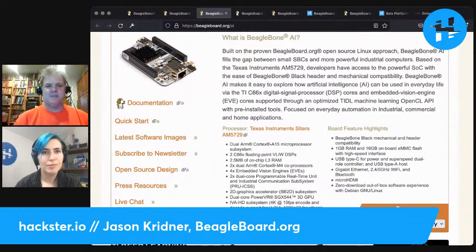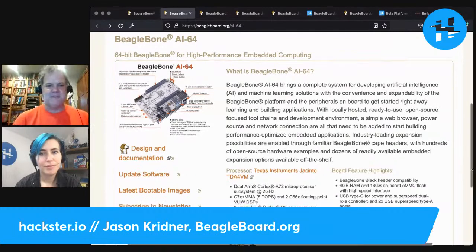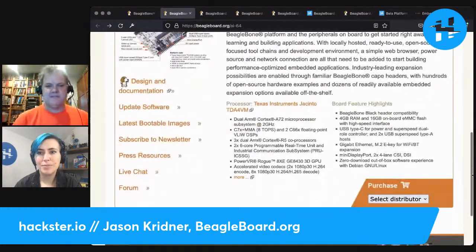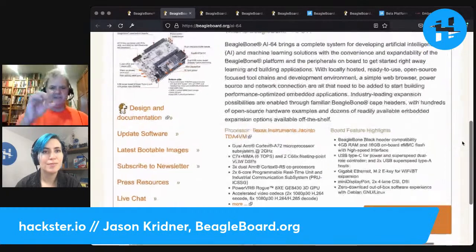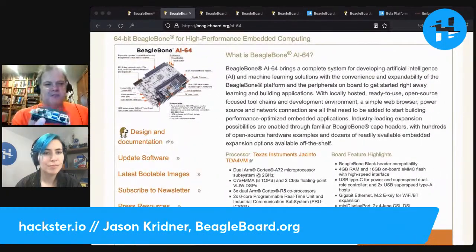We took the Wi-Fi off and put it on an M.2. That way you can get the latest Wi-Fi 6 stuff. We also moved to a nice mini DisplayPort. I will say that this is actually DisplayPort, not HDMI. So if you want to hook up